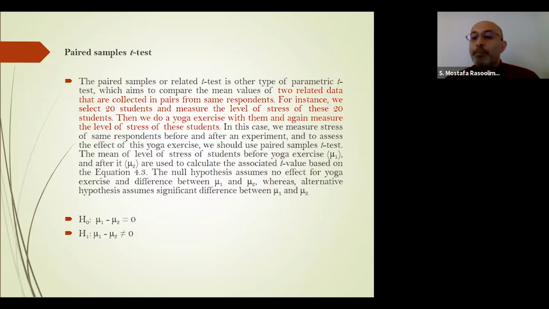So our sample, our respondents, are the same, but we collected data in two different situations, and we want to compare data for these two situations. For example, we have 30 students in the class,